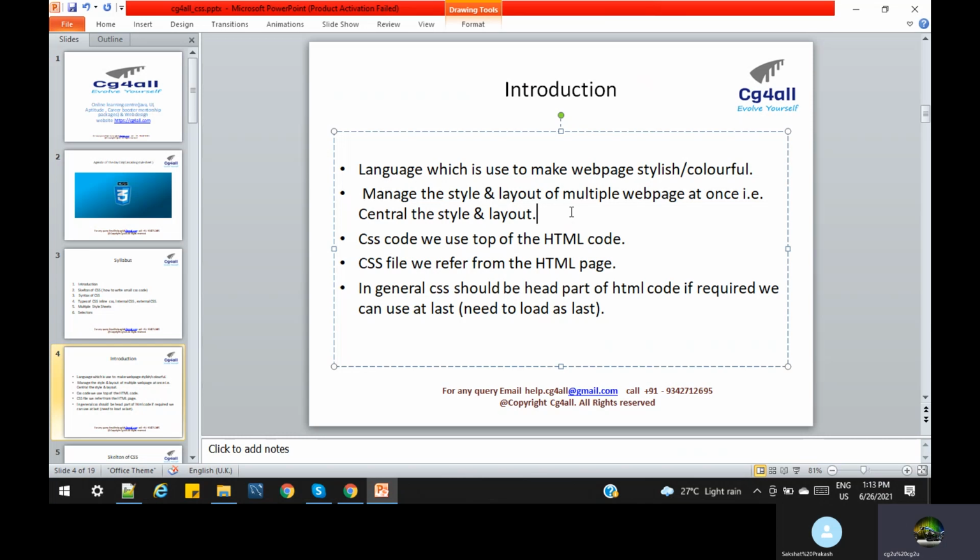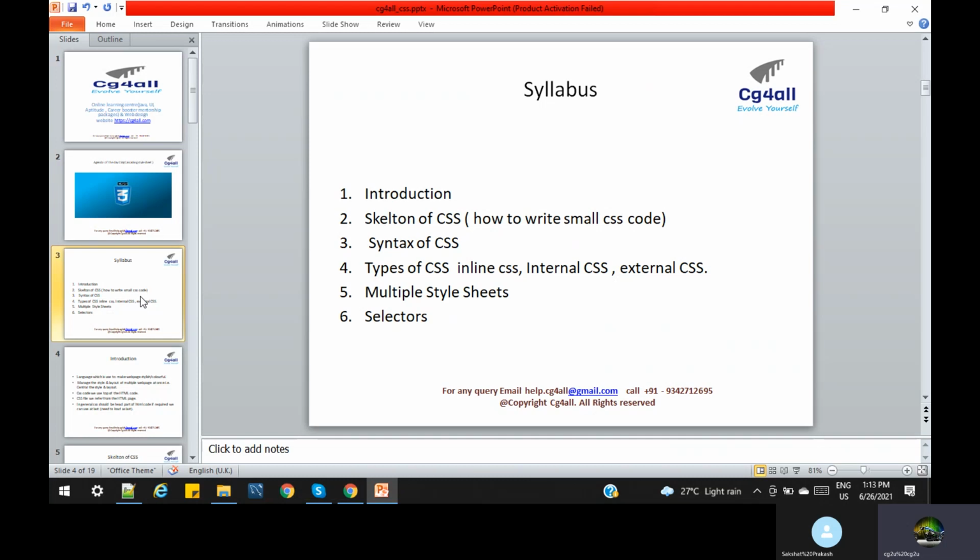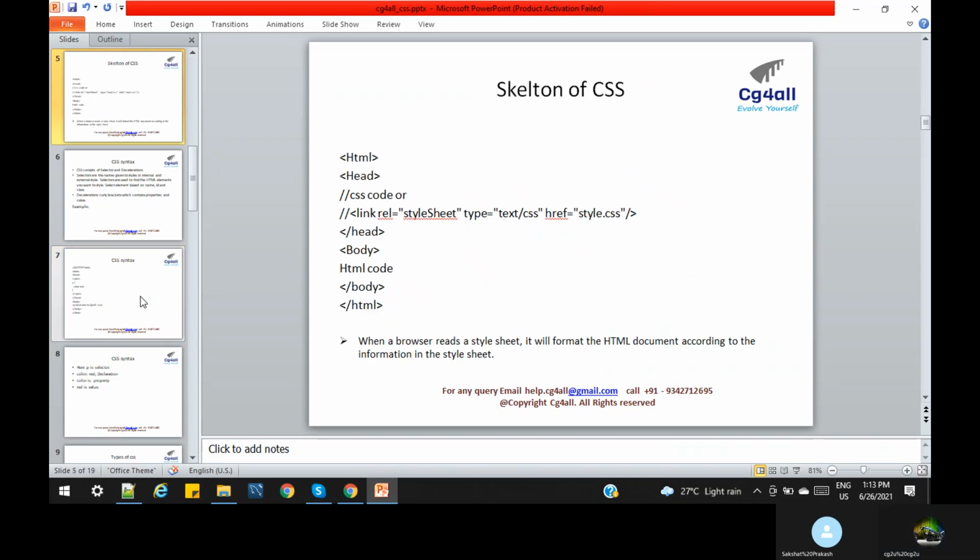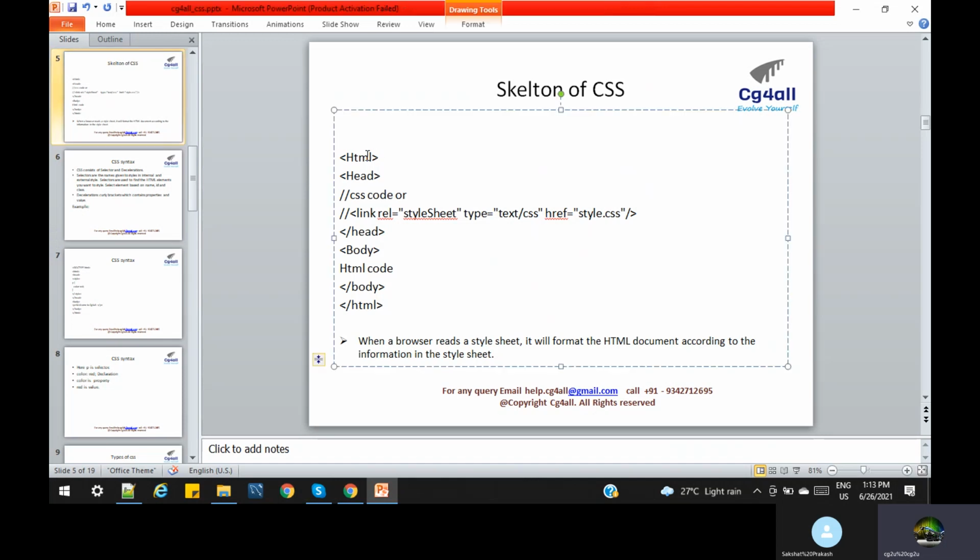Hope that is clear. Let us understand the syntax, or the skeleton of CSS. Suppose you have to write a color for any element. You understand HTML elements. So how do we write the CSS code? As I already told, any HTML code should first have the doctype, then HTML start, HTML close, head and body. Inside the head, in general, we write the CSS, either explicitly writing the CSS code or referring to the CSS. So how will we write the CSS?